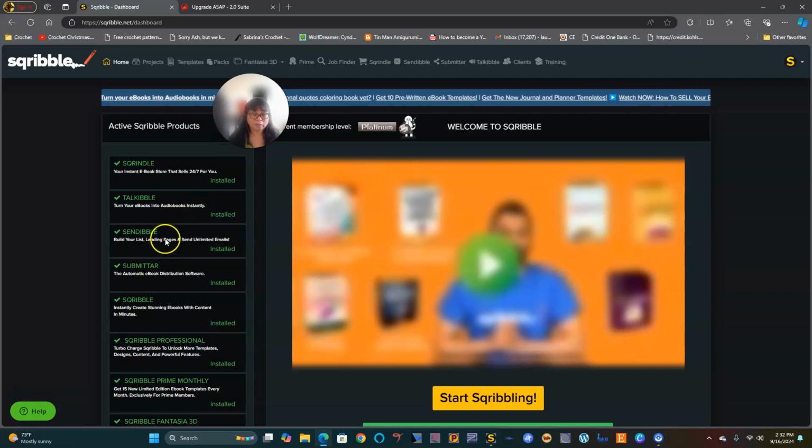Then you got Sendable, where you can build a list, landing pages, send unlimited emails. Sendable is good here. Now, in the Sqribble 2.0 Empire Link, they also have Sendable, but they have another one called Landingly, does the same thing. And Submitter is good too. You can distribute your software, your ebooks all over different blogs, websites,